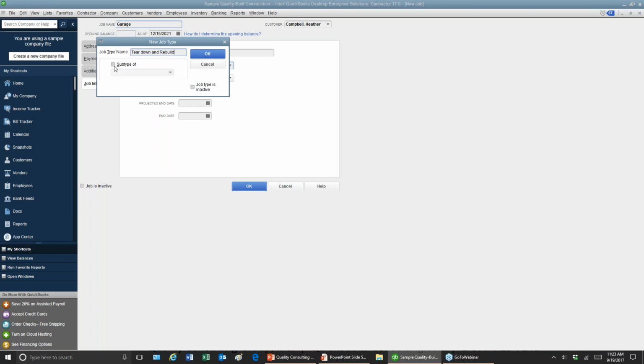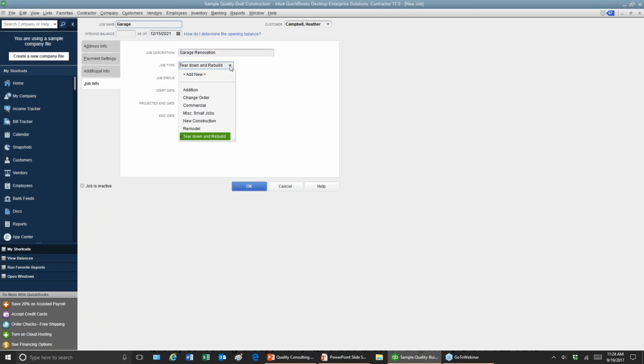What are the different types of jobs you would do for a garage? You can have that as well. There's no hierarchy set up in here, but anytime you do have a hierarchy option, there's always a 5-level hierarchy, so it can get quite detailed. The job status, that's what we did in the preferences.